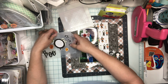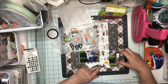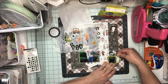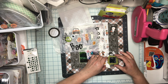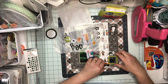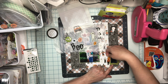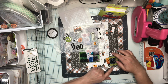But then I started looking at the sticker sheet. I definitely want to use the little mummy guy. So I was thinking of actually getting rid of this and using him. He's a little sticker, putting him here at the end of the frame, so he'd be a little bit popped up. And then instead of just this flair, I kind of liked either the little truck or this little planter with the 3 pumpkins in it. But I think if I use the truck,